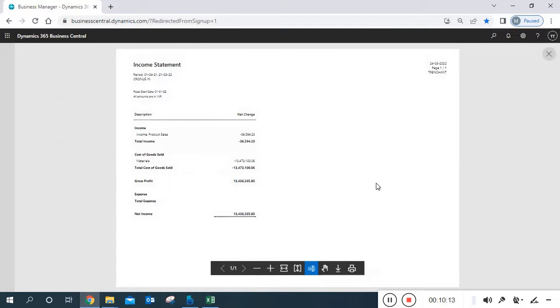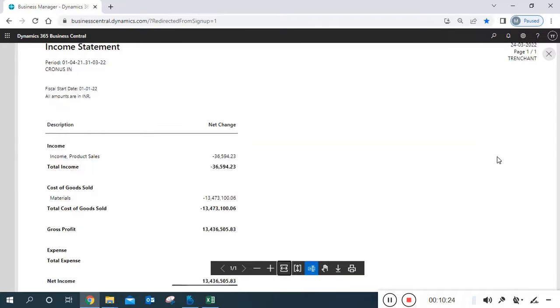See, income statement, period, company name. You can check, we can maximize this report. So we can maximize the income statement, starting from income, and based on the defined formula, this is coming: income, and then the income product sale, the total income, cost of goods sold, materials, the costing expenses part, total cost of goods sold. Next, gross profit. And if your income exceeds the expenses, this will become the reason for profit, and vice versa, if your expenses are greater than your income, you can check your